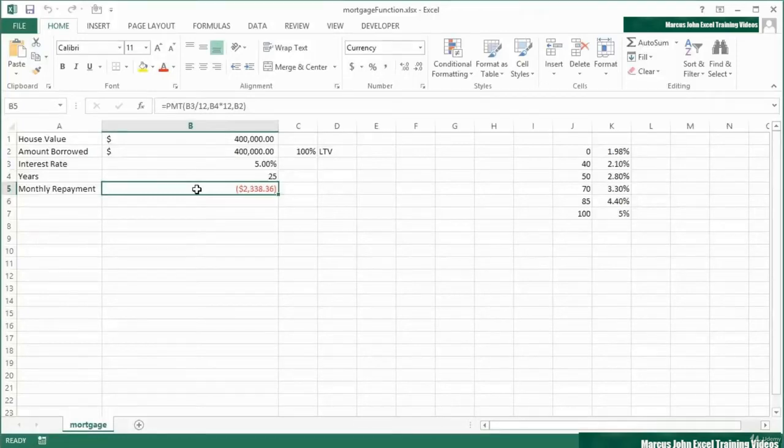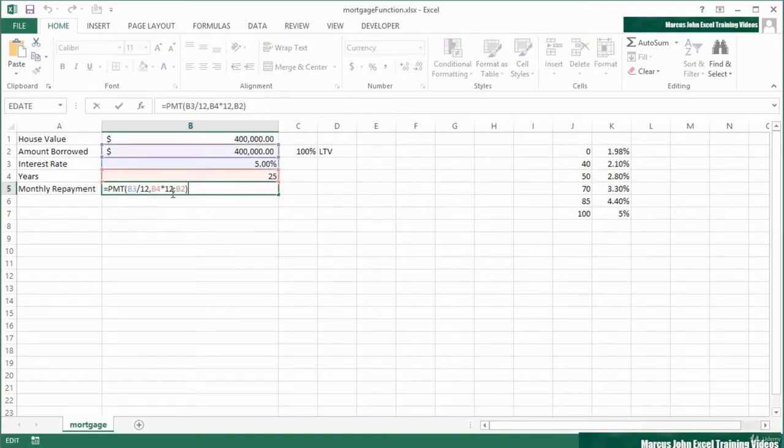Until Excel 2013, there wasn't a very easy way to display the current formula within a cell. I mean, you can go to the cell, taking our mortgage function sheet, for example, open up the cell and you can see the formula. But what about if I want to keep the result on the screen and see what formula's in there? Well, I can look there at the same time, but it would be nice just to have the formula